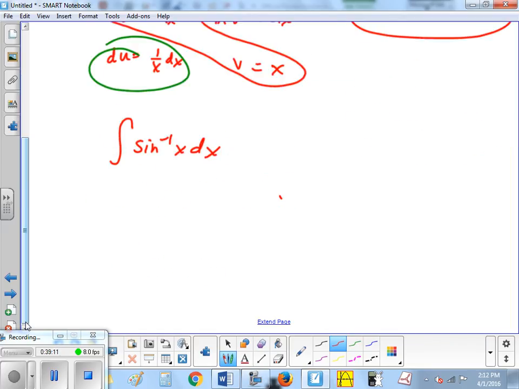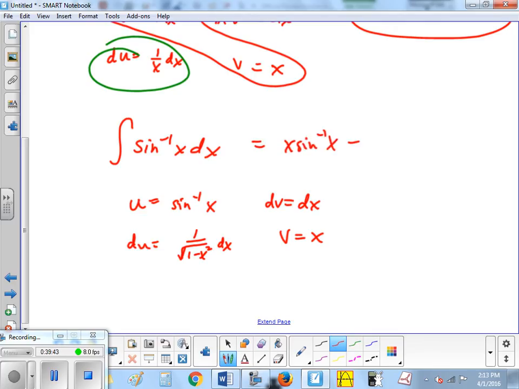If forced to do something like this, we might be able to get away with IBP. Let's say u is arcsine, because we don't have a better choice, and dx is our dv. We can do this. What's the derivative of arcsine? 1 over rad 1 minus x squared dx. And then v would just be x. So it would be x arcsine x minus the integral of v du would be